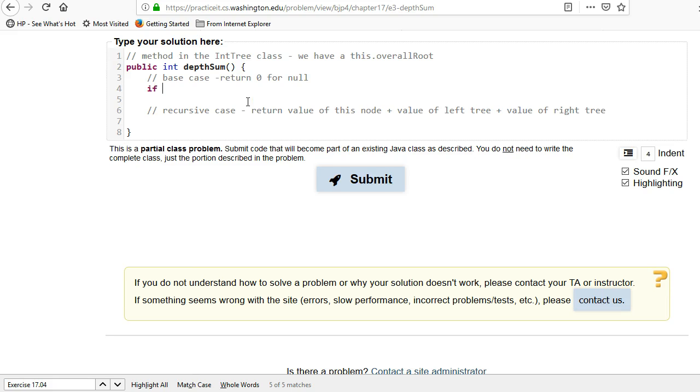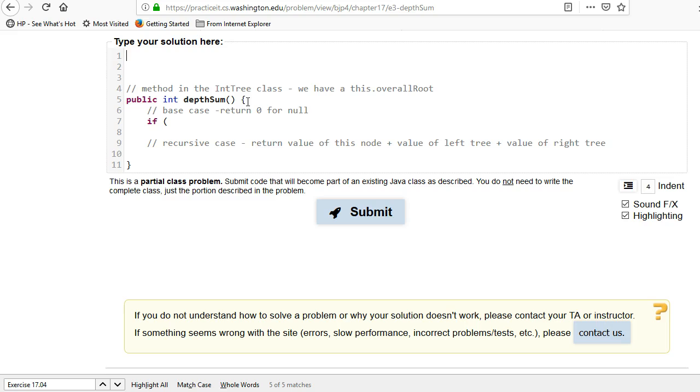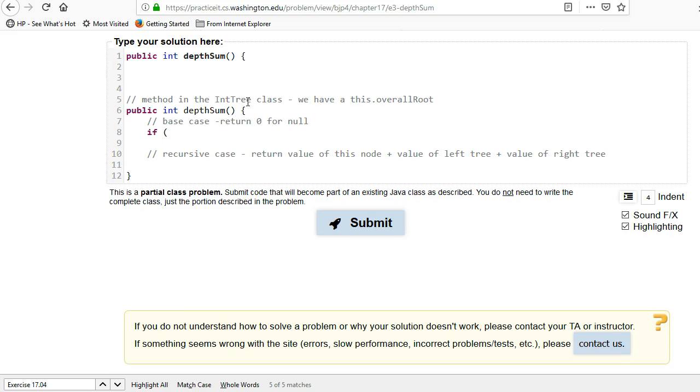You know, yeah, I was thinking we wouldn't need to do the helper method, but we are going to need to do the helper method. So let's add the helper method in. It's because we're going to have to at least pass what the subtree is. Public int depthSum, and then this just has to return depthSum of